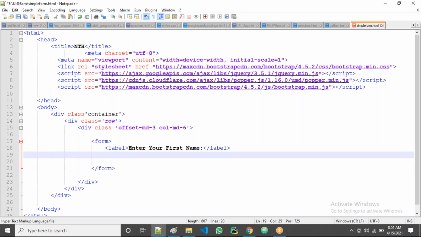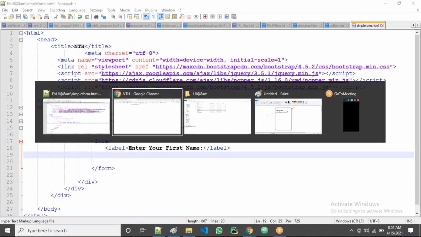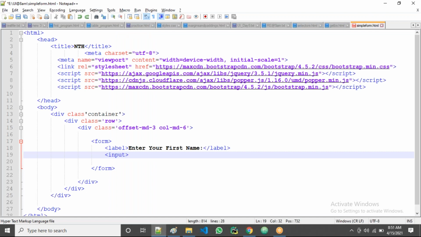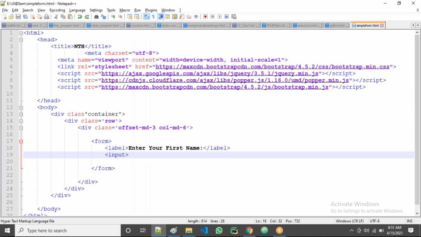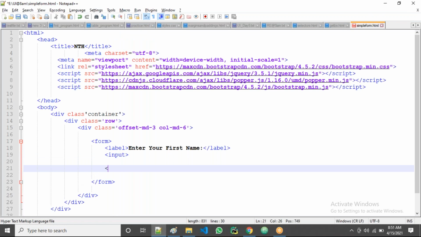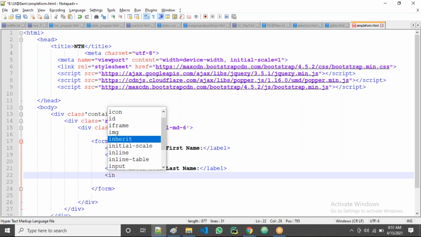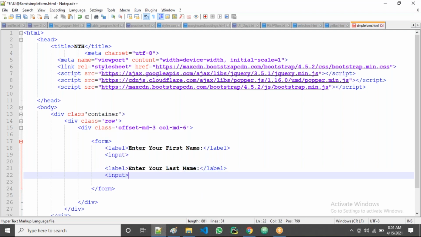I remove the input tag. Then let's go there. See, that input box is not there. So the input tag will give us the input box here. Okay, that's fine. Next one, all of you. I'll take one more label, like enter your last name, something like this. And here also which one again? Input, guys. Okay, we take the input.